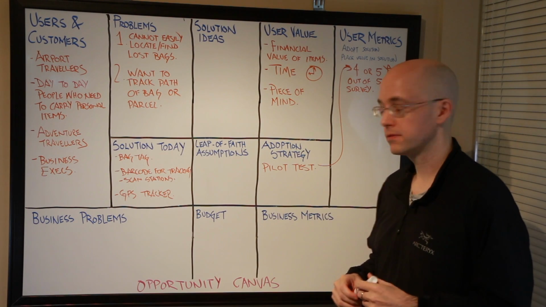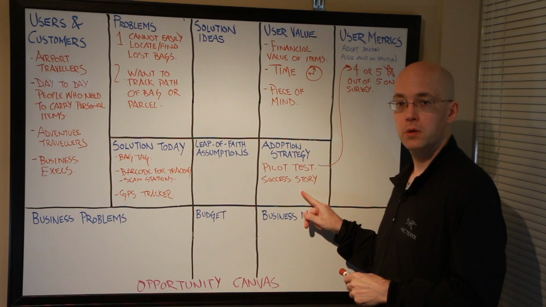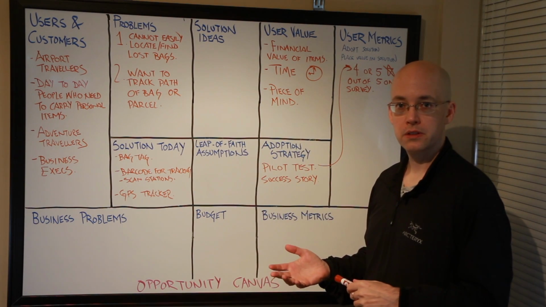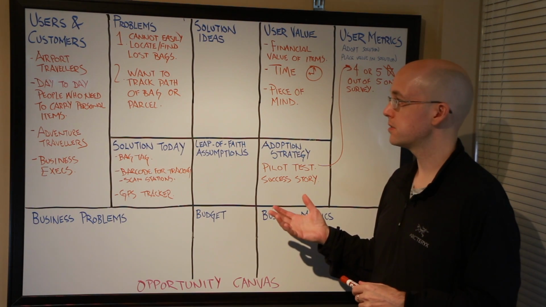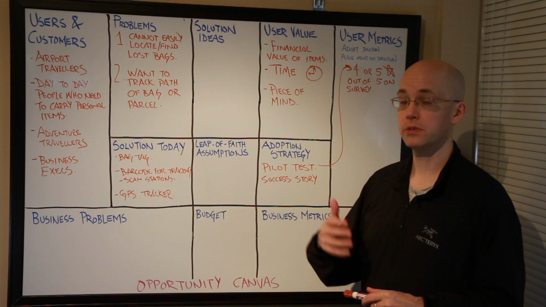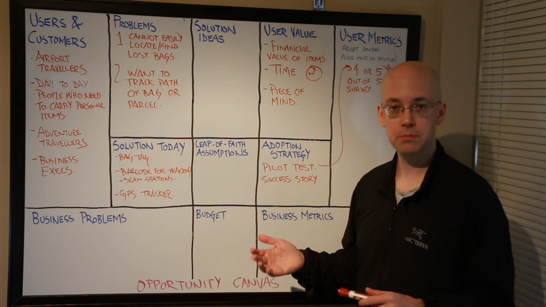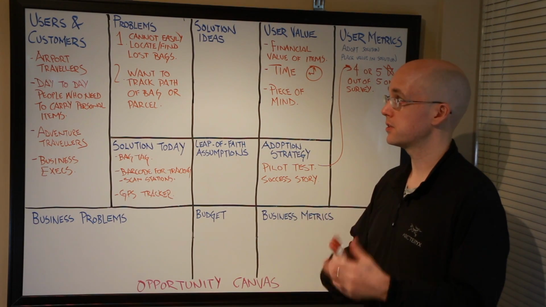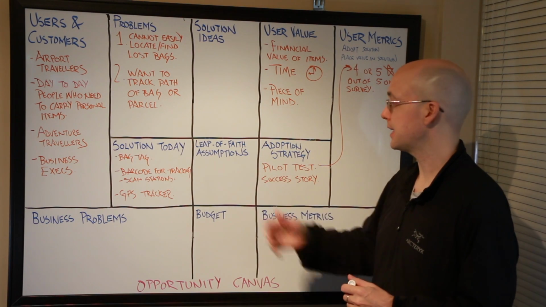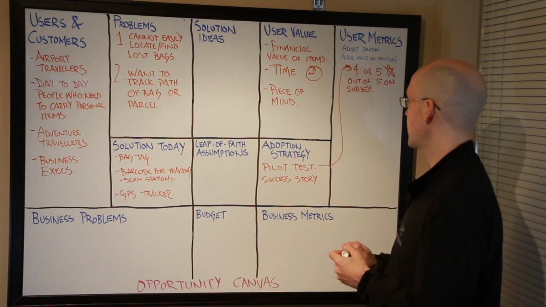What else could we do? We could look at success stories. So from our pilot group, has a customer run into the problem where they actually lost their item and retrieved it? So again, we're thinking about the criteria that we want to measure while we're adopting or putting this into play. And for the success story, let's look at,